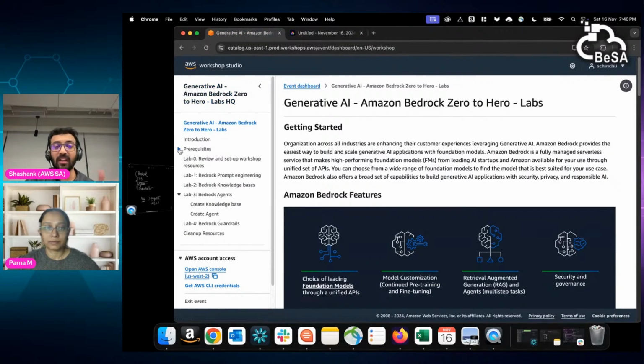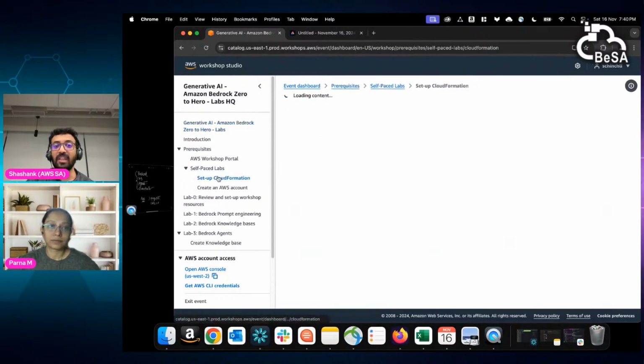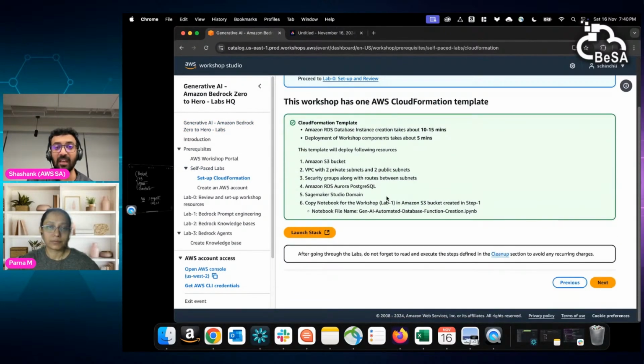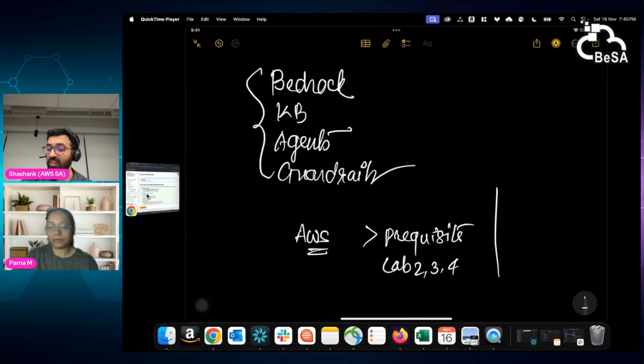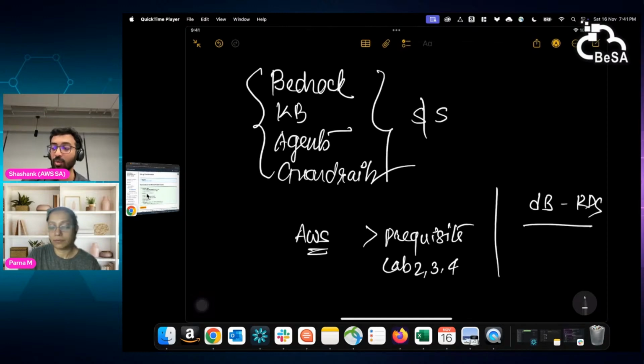Now, while you're doing it along with me, and if you're doing it via your AWS account, you need to first download this particular CloudFormation template. You will have to download the CFT template and run it in your AWS account. Okay, fine. Cool. Please understand, you're going to deploy some resources, so it's going to cost something to you. Hence, I'm telling you that we are going to install something which is a database. The database may be RDS. Along with that, we are going to put these services into action, which is going to accrue a certain amount of